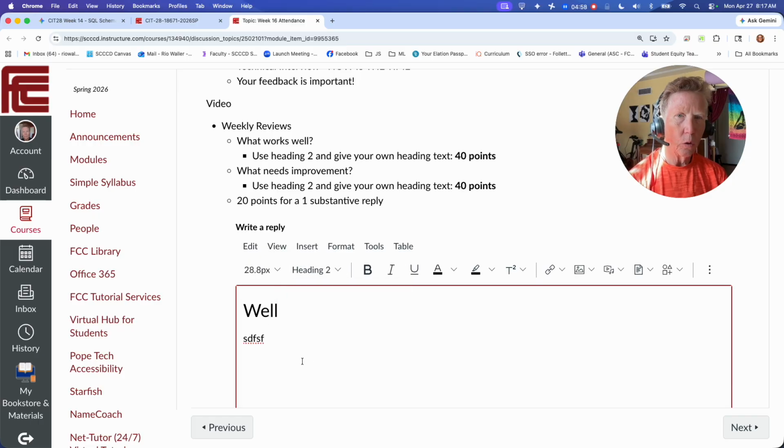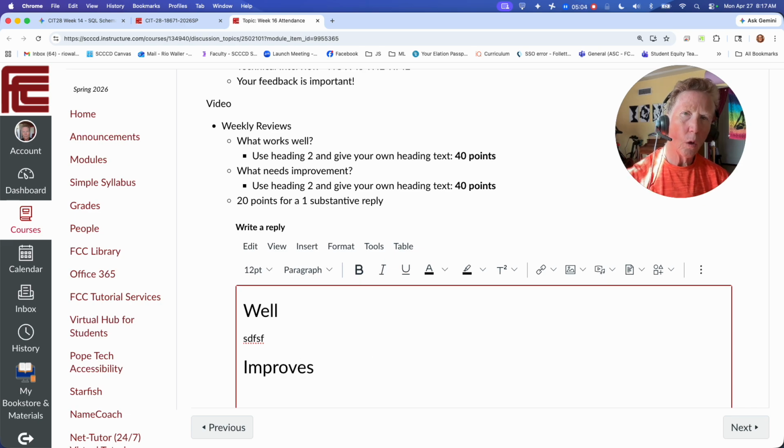Okay. So, what worked well and what needs to be improved. Now, you can use any heading here you want, but I'm just telling you to organize the content. It just helps, because you want to read somebody else's and do a response. So, in this case, what worked well? Was there something you felt? Do you feel these weekly reviews